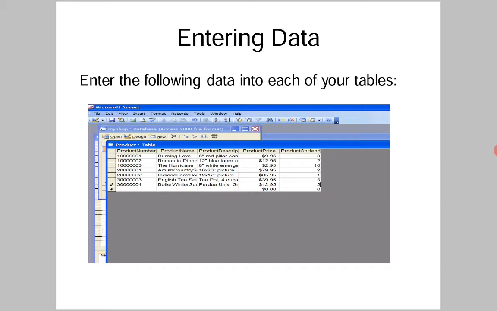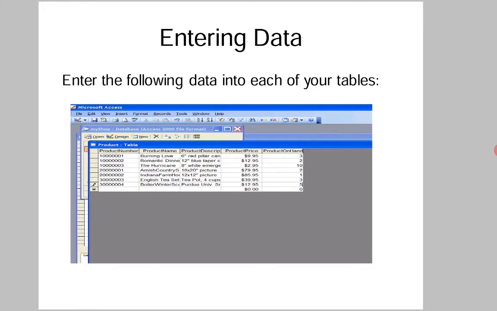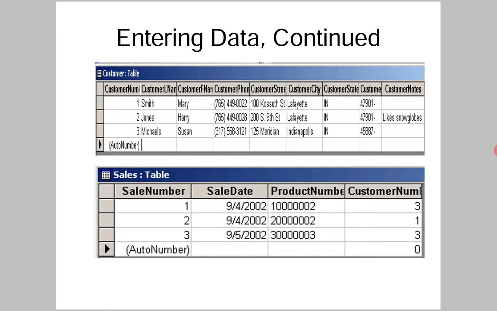So we enter different types of data like product number, name, product description, product price, products on hand, like that. Entering data. This is the sample window for a customer table and a sales table. The customer table has different fields like customer name, last name, first name, phone number, state, city, zip code, like that. And the sales table has a structure like salesman number, salesman date, product number,